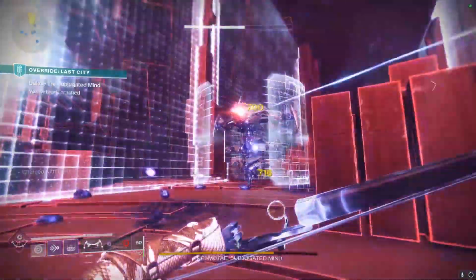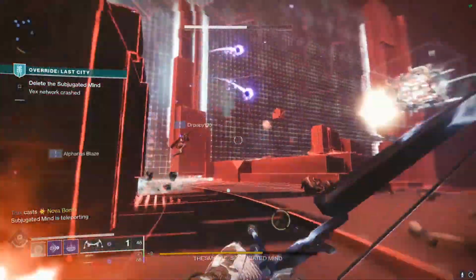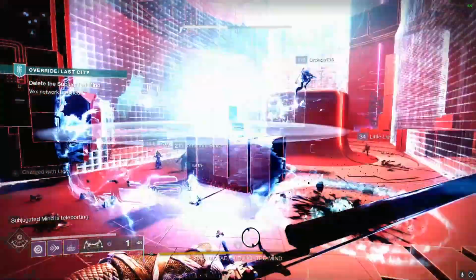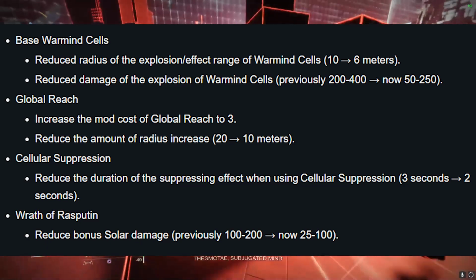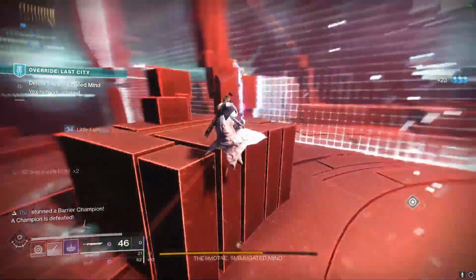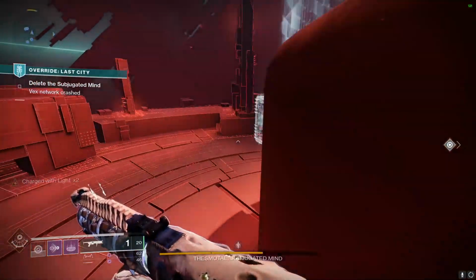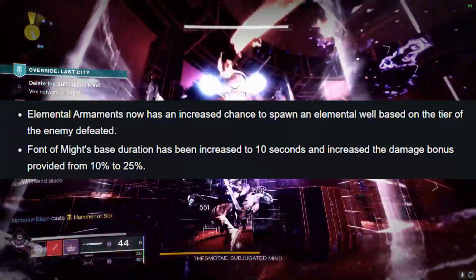Now, what about mods? First up are going to be the Elemental Well mods that got buffed. The reason we are going to be using these is because in Season 15, Warmind Cells also got hit really hard. They practically got gutted. So Elemental Wells are practically going to be replacing those spots, or until we see some kind of new mod that they release. But the two well mods that got buffed are Elemental Armament